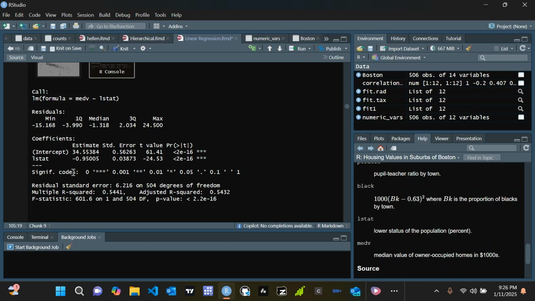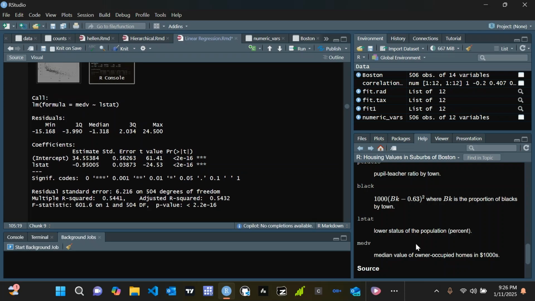For L stat, we see the estimate is negative 0.95, and the p-value is statistically significant. The R squared is 54.4%, and we can interpret this as for every increase in the percentage of L stat, there is a 95% reduction in the outcome,